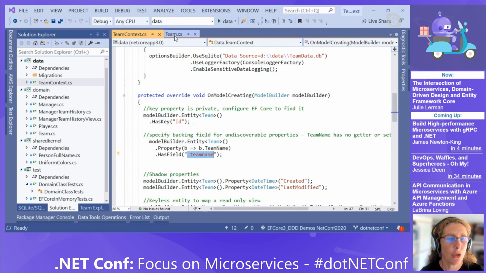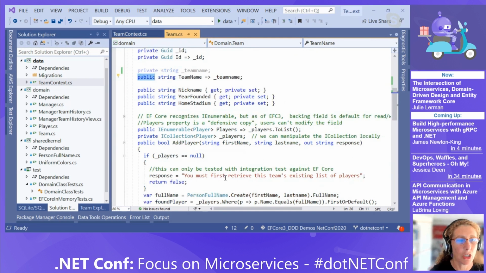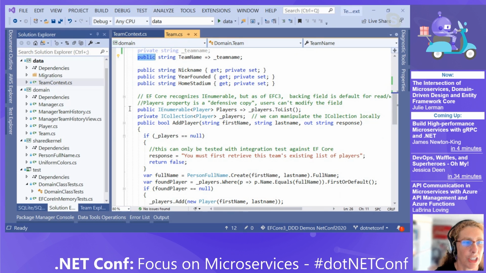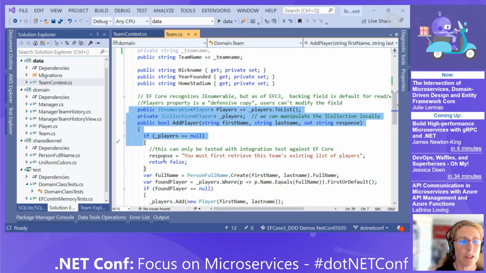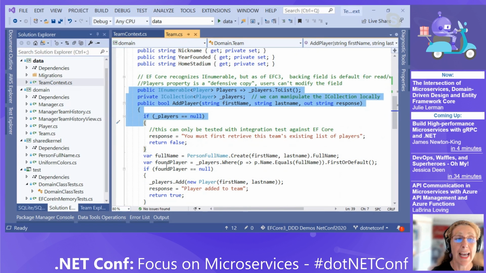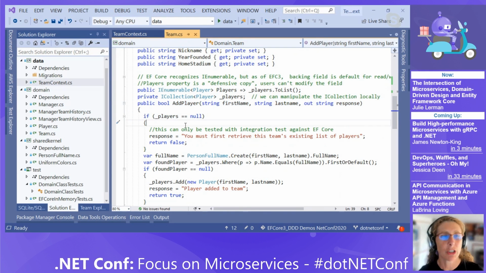So here's another example of encapsulation that is a pattern we've often used with domain-driven design, but up through EF6 it had always been a big challenge to deal with persisting with Entity Framework. There was really no way to do it. And it was really frustrating because we found ourselves modifying how we designed our aggregate to accommodate Entity Framework.